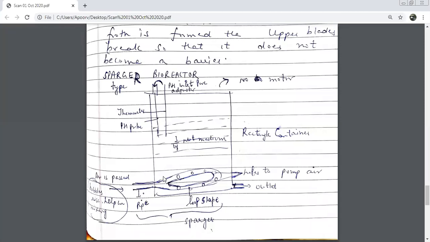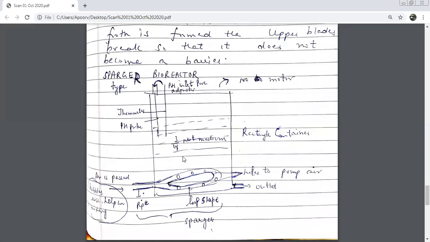Now over here you had what? You had holes to pump air. What are these small circles? These are small holes. So your air is entering from here. Now you have holes, so bubbles will be formed. Lot of air bubbles will be formed in this. यहाँ से release होके यहाँ जाएंगे. And this container will be filled with what? Air bubbles. So here the mixing of the contents is not done with the help of blades or shaft. Rather the bubbles of air will push the medium, the nutrient medium particles and E. coli. Because of the pushing by air bubbles, they will mix with each other.